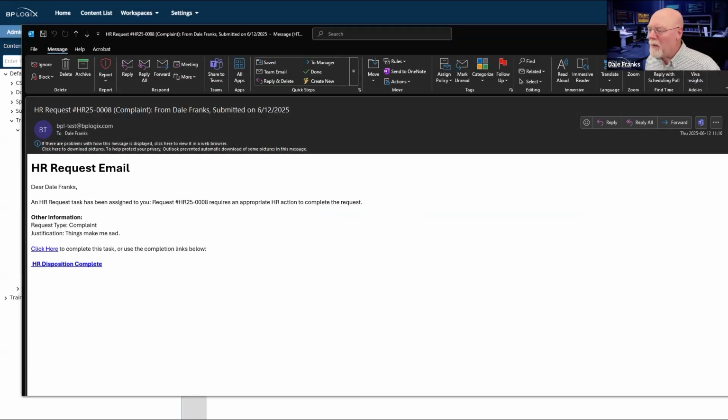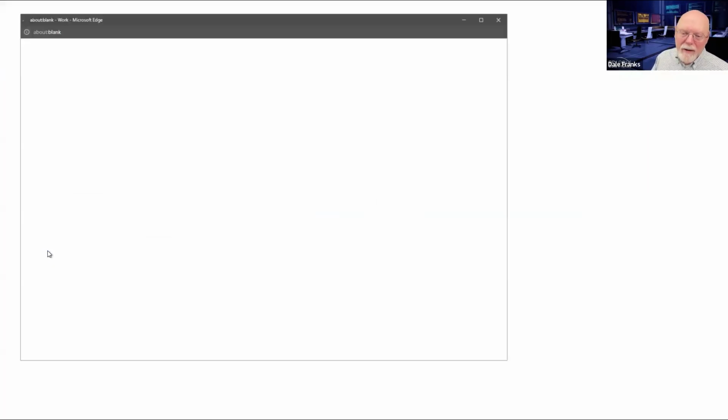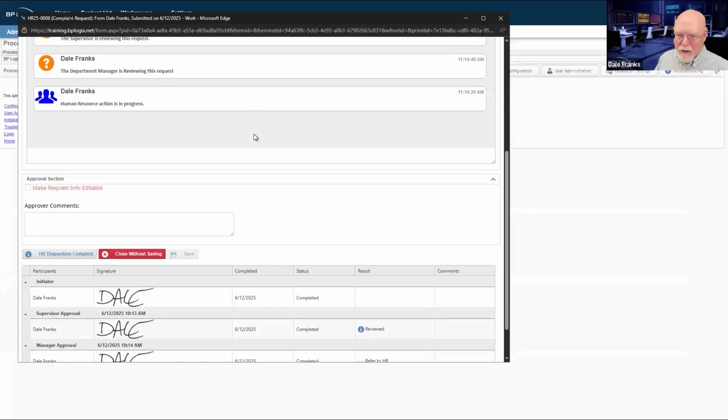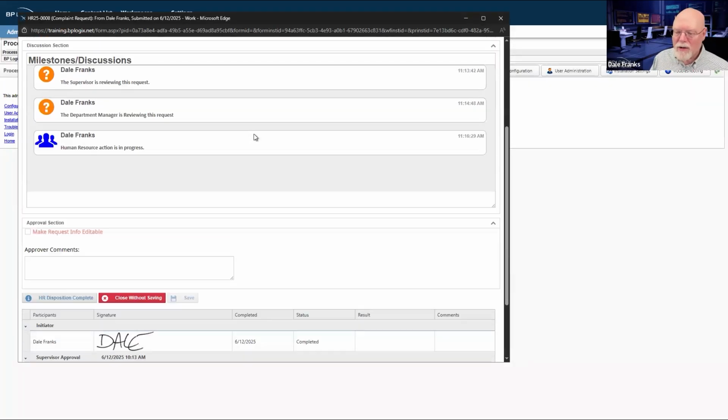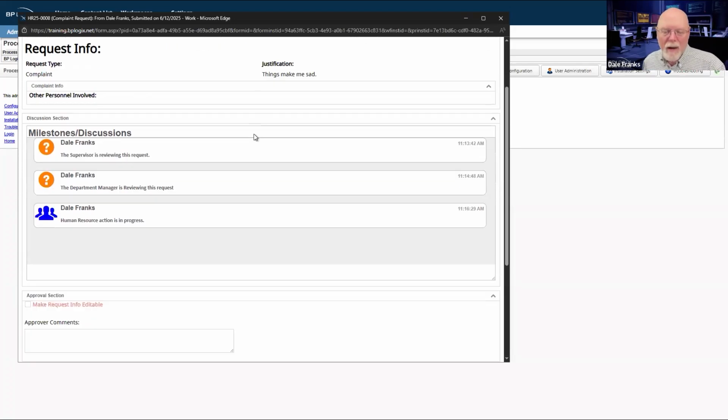So we're now happy. We've got a properly configured email, gives me the information I need, and it gives me my link to dispose of it as HR. Although, optimally, what we should be doing is coming here and making our changes here so that we can see the full context of the request, and any conversations that have occurred in terms of discussions in addition to the milestones that we see here, and then I can make my decision.